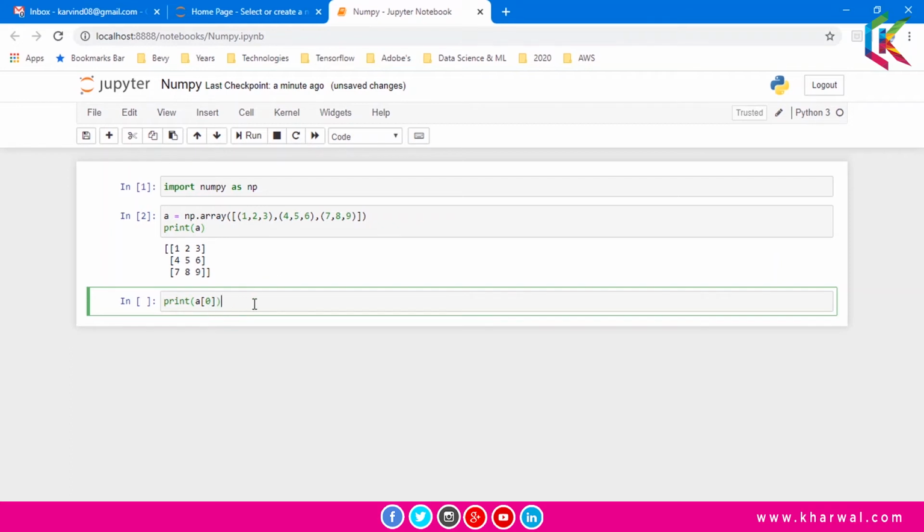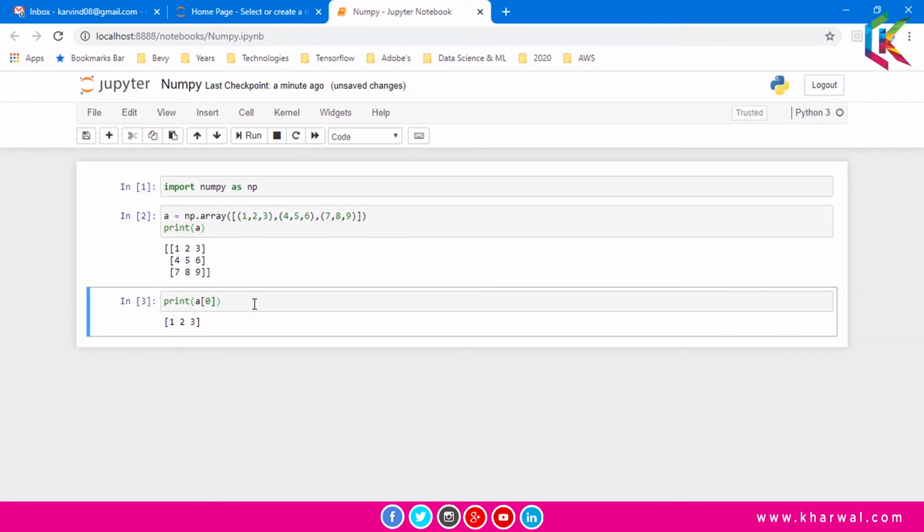So now if I run this script, it will give you 1, 2, 3. And now if you want to access the last row from this two-dimensional array, let's change the index of this, and now it is giving the third row from the two-dimensional array A.